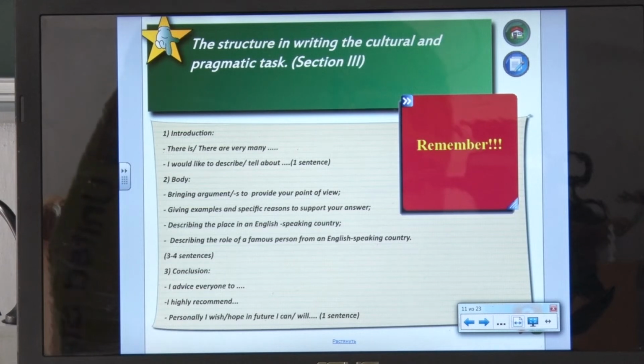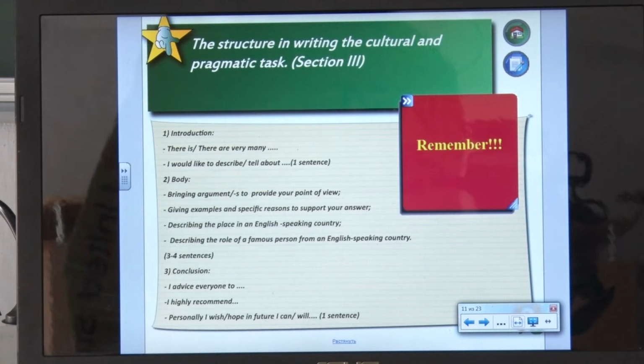You can start them by there is, there are, and next you are going to enlist some examples, some names or some holidays, events that you are required and asked to write about. Next, you can use I would like to describe, I would like to tell about. In the introduction, it's very important to write at least one sentence, or you can write 2 sentences, of course,